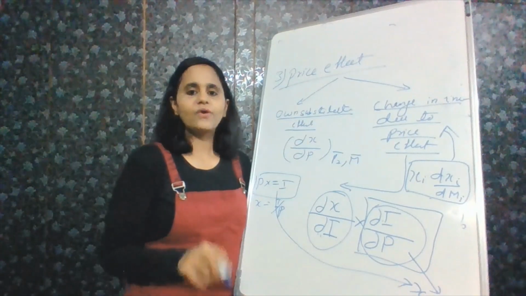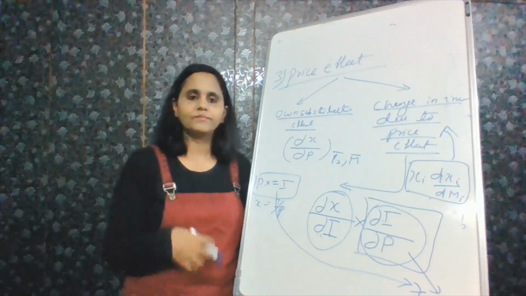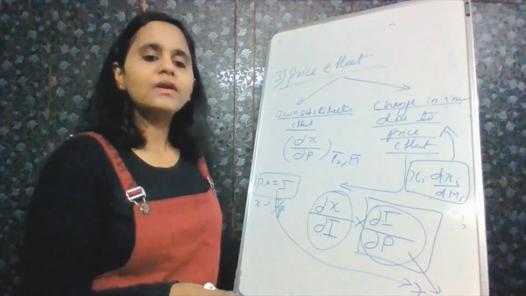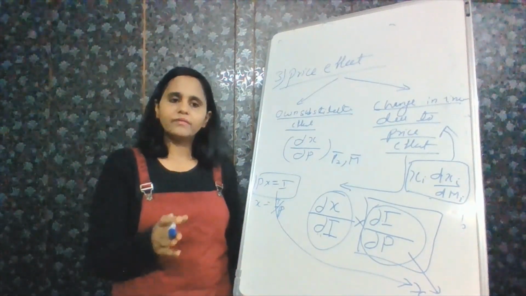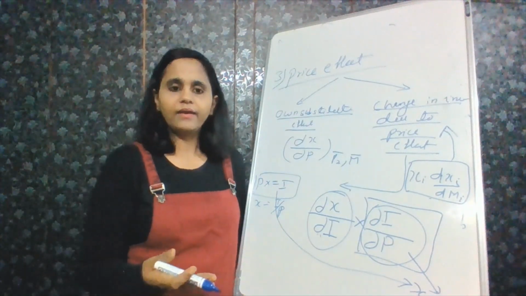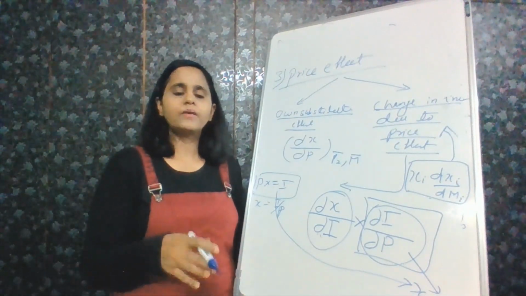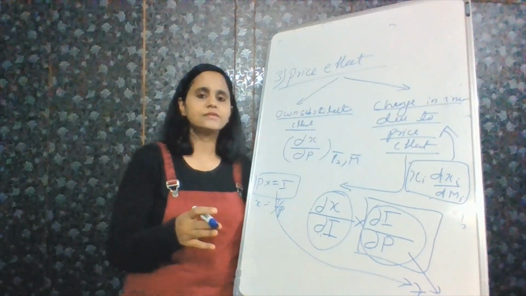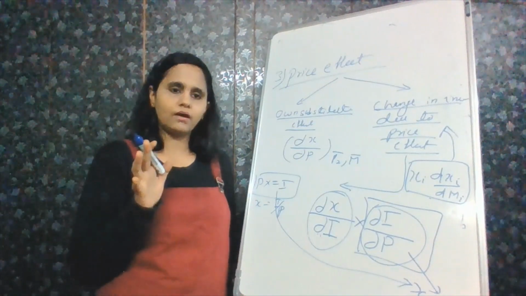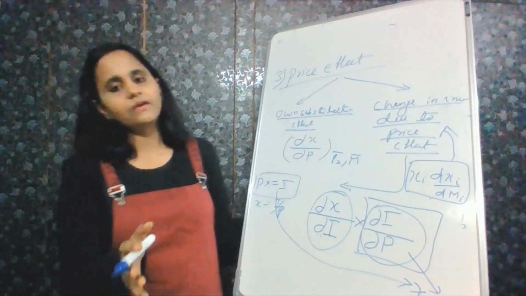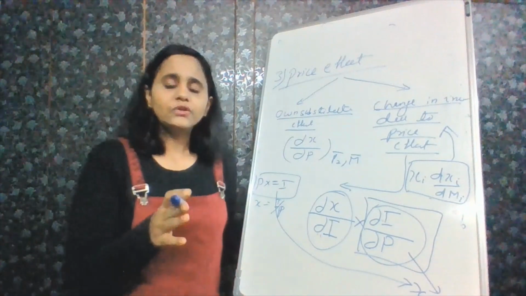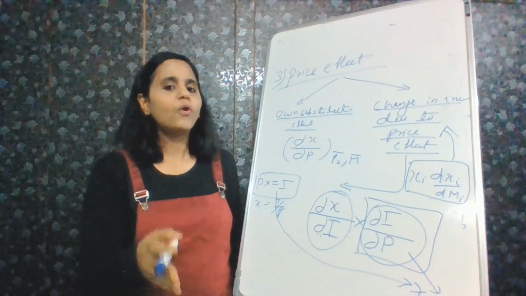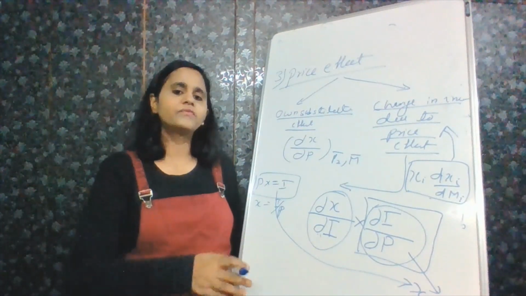Just to reiterate, you have the income effect, where if the quantity changes because income changes, that's called your income effect. For a normal good, the income effect is positive because with more income, you are going to buy more goods. But if it's an inferior good, then the income effect is going to be negative. The meaning of an inferior good is that you are buying that good because you don't have money, but if you have more money, you would like to substitute that good with another good.